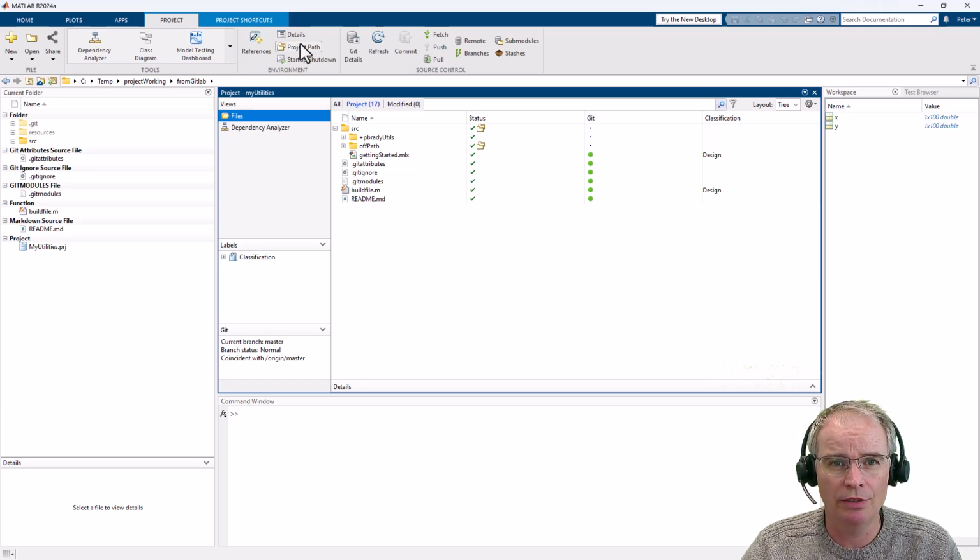It all boils down to using MATLAB Projects, adding your project to source control, and then once you've added the source control, all the standard Git functionality that you would expect appears up on this source control tab in the ribbon. So stay tuned for the next video where I'm going to be talking about a